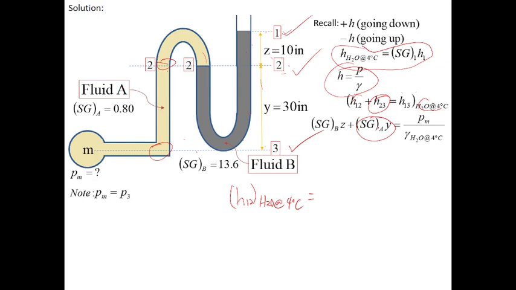That's why we have SGA multiplied by Y, because from 2 to 3, that is equal to Y, which is 30 inches. Applying this formula, SG1H1. And then, the height from 1 to 3 is simply